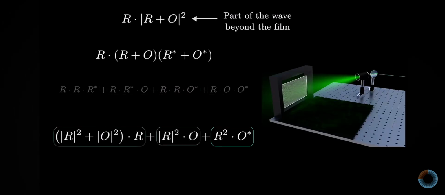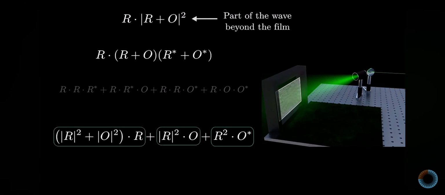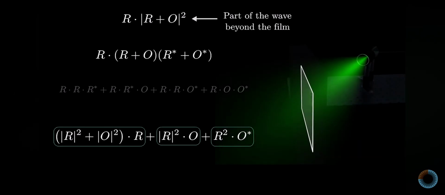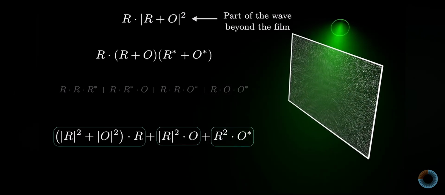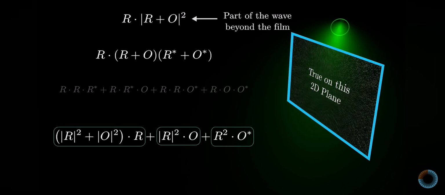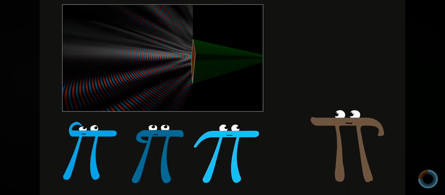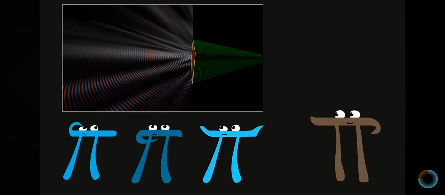You do actually need to say a little bit more to finish the abstract derivation. Strictly speaking, we've only shown that you have a copy of this object wave on the plane immediately after the film. But what you want to show is that it exists in all of 3D space beyond that film. Rigorously justifying this would go beyond the scope of an already long lesson,